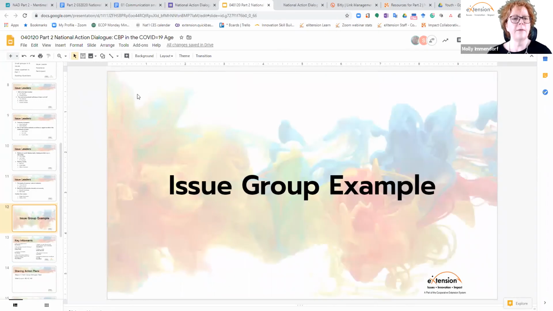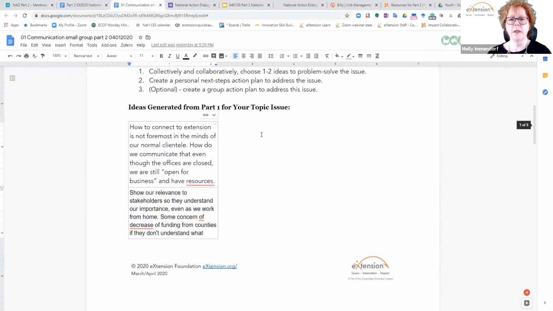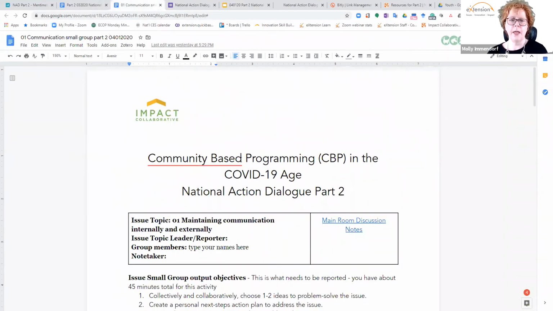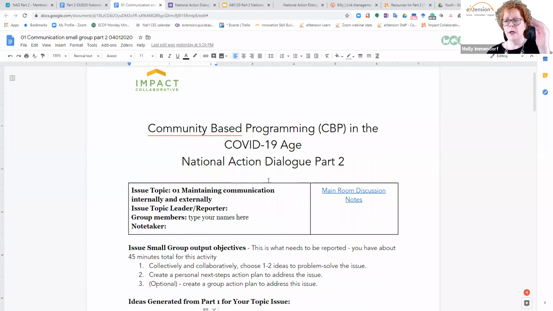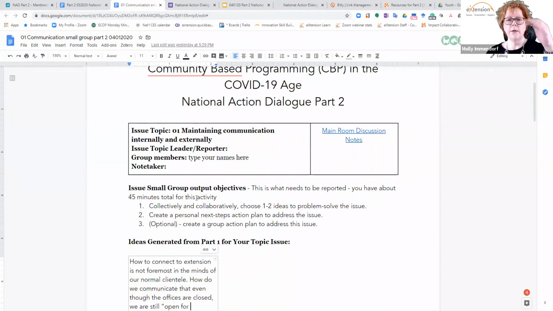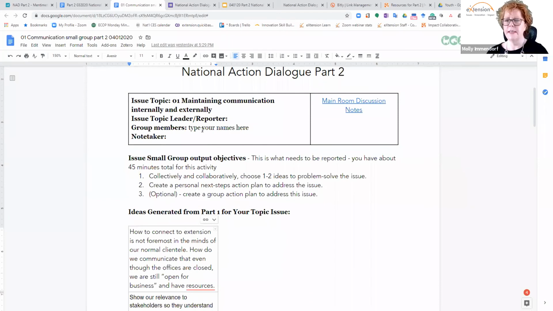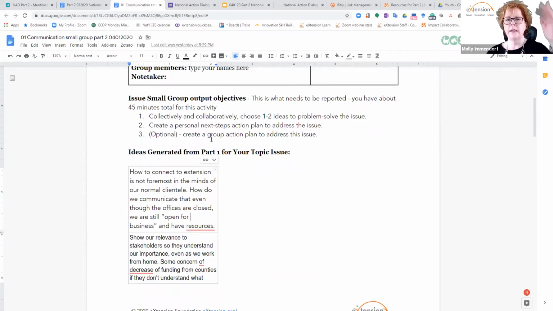So with that, I want to give you an example of what you'll find. Each one of your small groups will have a Google Doc. When you are broken into a smaller group, you'll look for the number of your group for the number of your doc. It's important to share who's in that smaller group. You'll see the output objectives. You're going to winnow down the 4 or 5 ideas that came from last week